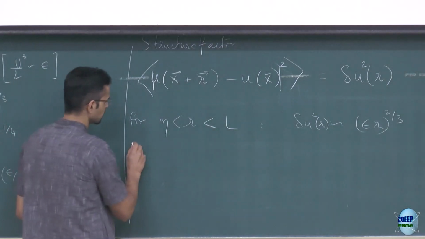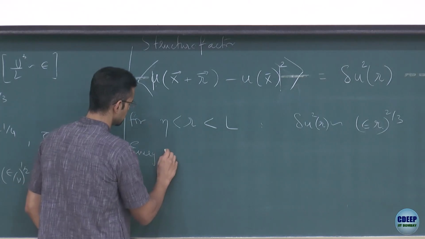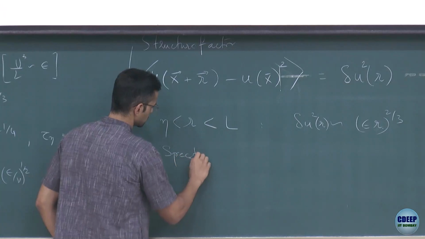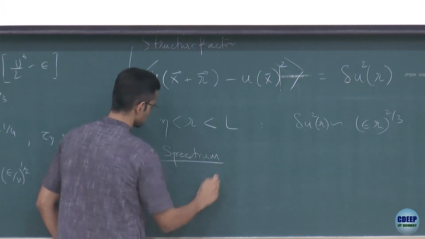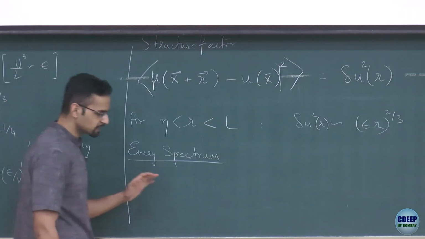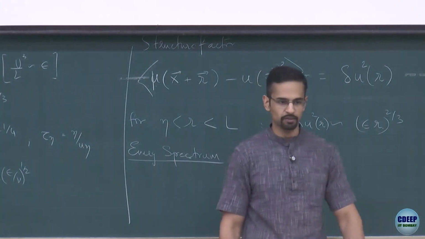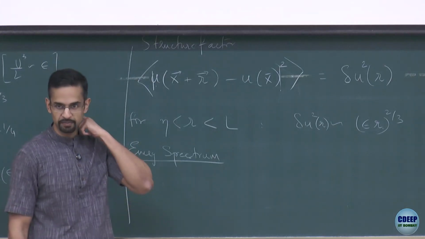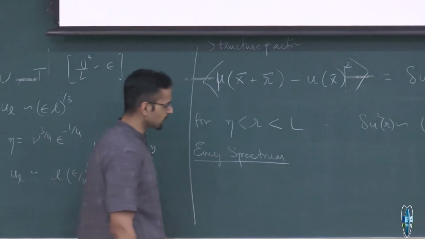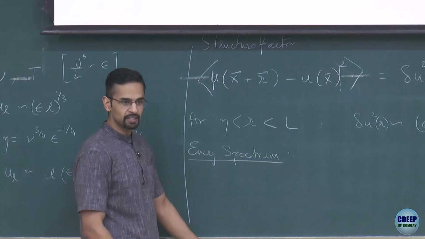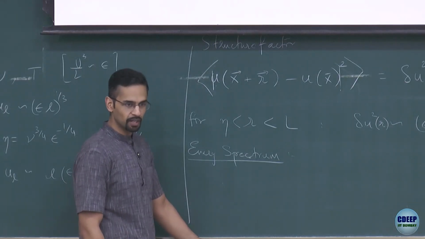Okay, another thing I can do is calculate the energy spectra. The way you think about this is you take a 3D velocity field and you do its Fourier transform, and then you look at the amplitude of that Fourier transform at different wave numbers. That will give you the energy spectra because of Parseval's identity, that the kinetic energy summed in physical space is the same as summing up all the Fourier mode amplitudes.